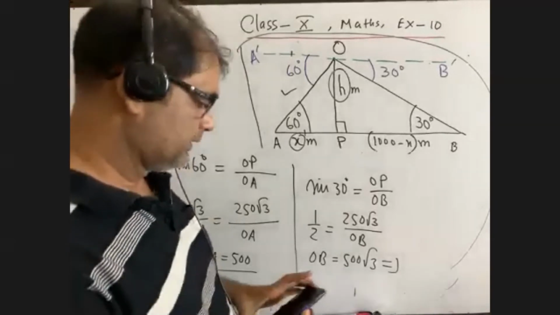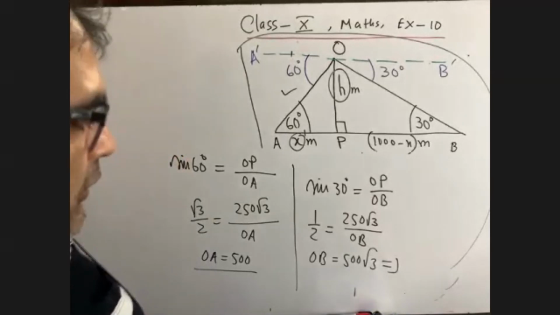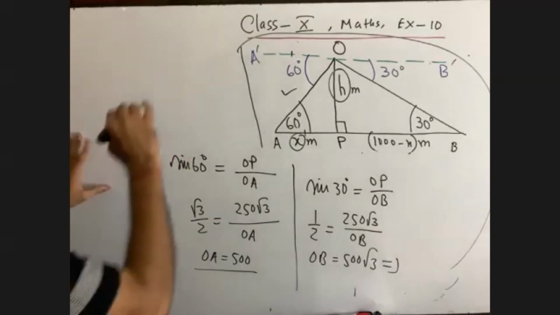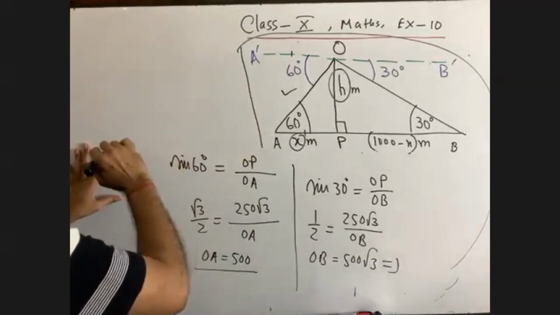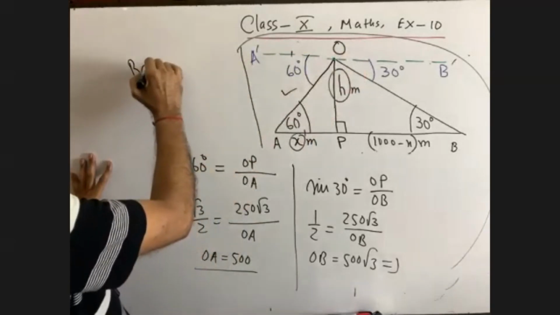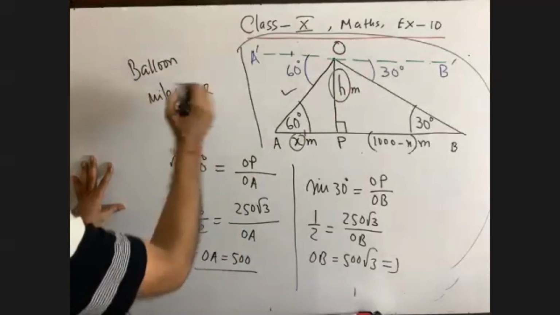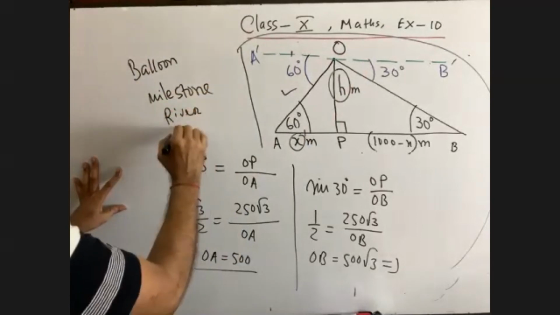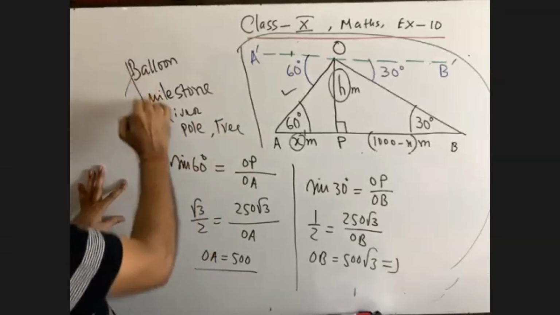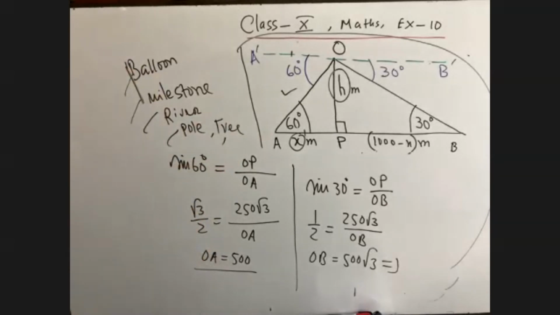Sir, 866.025. You are absolutely right. Okay. So this math will be given. Next day I will do a math on kilometer post, then a helicopter, then a math of balloon and milestone, then a river, then pole and tree. Sorry, this is one math. 1, 2, 3, 4 important maths with the CQ or creative question. I will discuss it.